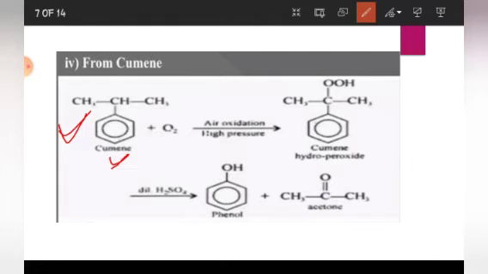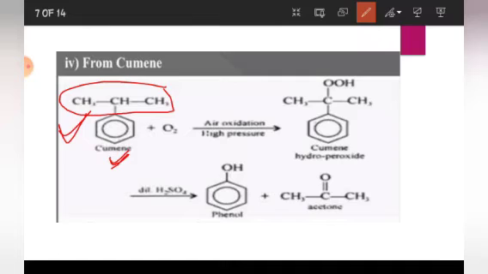What we have done in this, we have reacted benzene with propene to get cumene, but you need to start it from here only. This is isopropyl benzene. You know this group is known as isopropyl and it is attached to what? Benzene ring, and this is known as cumene. As it is written